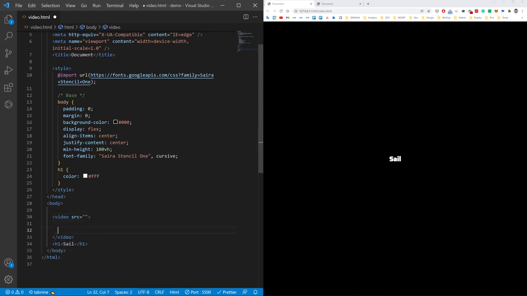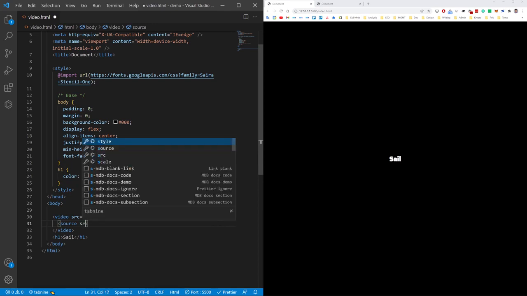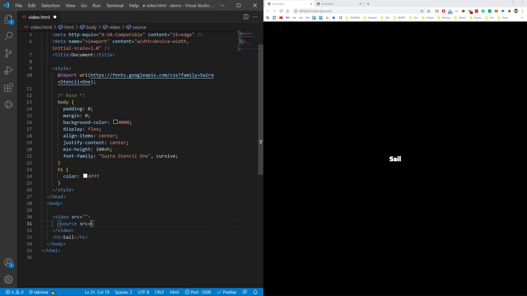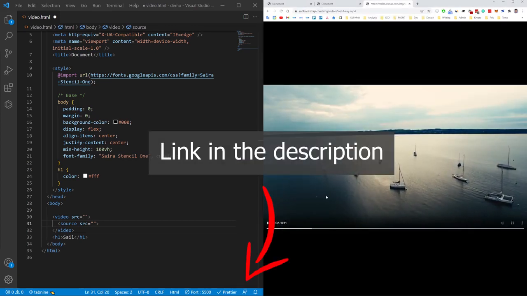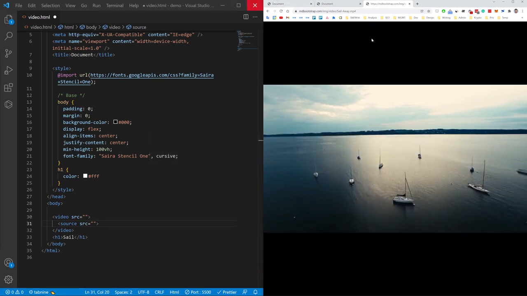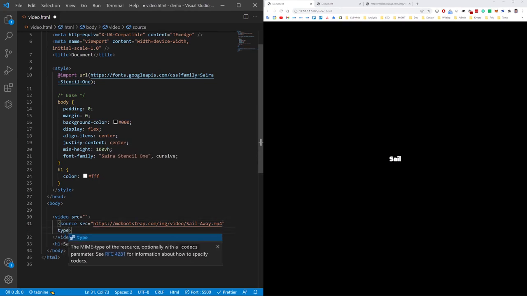And inside of the video, we need to add a source element. In this source, we will add the src attribute, and we will provide a link to the video. I will use this video, but you can use, of course, whatever you want. Just remember, it should be in MP4 format to work properly. So I will add it here, and let's add an attribute type, video/mp4,